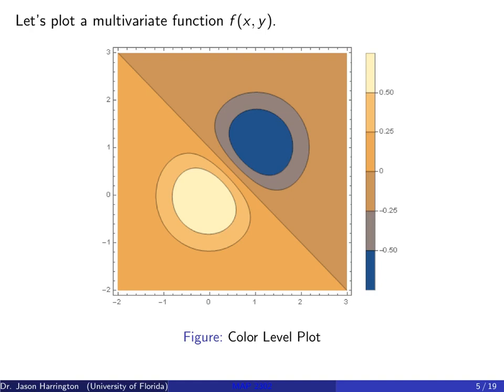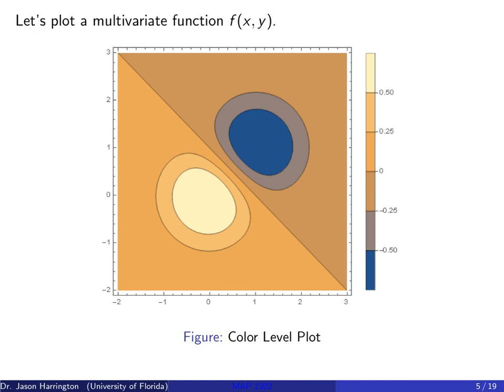Now what we see here is that when the colors are darker, that means it's going down negative. So here we have 0 is going to be basically sea level, for example. And then if you go negative, that means you're going below sea level. And if you go positive, you're going above sea level. So just by looking at this particular level plot, we see that here's where this mountaintop would be, right? And then here's where we see that the hole in the ground would be.